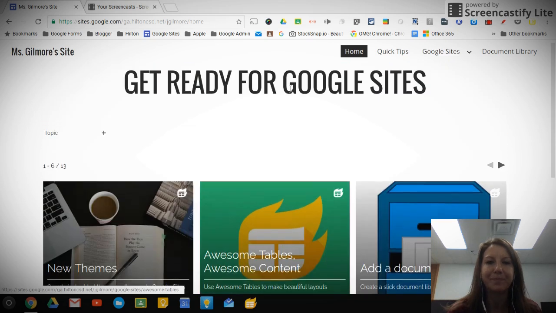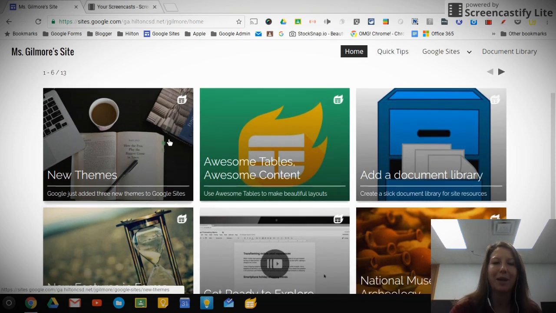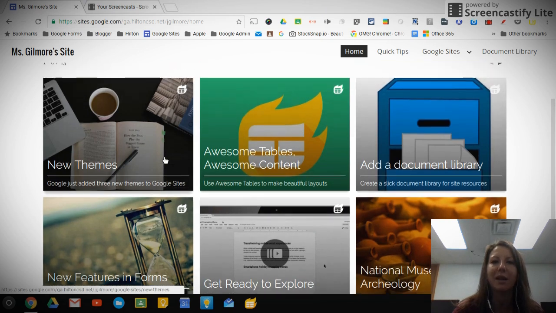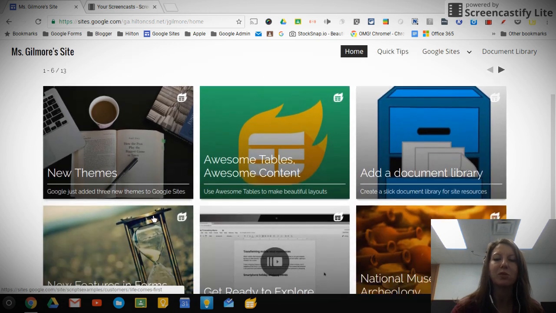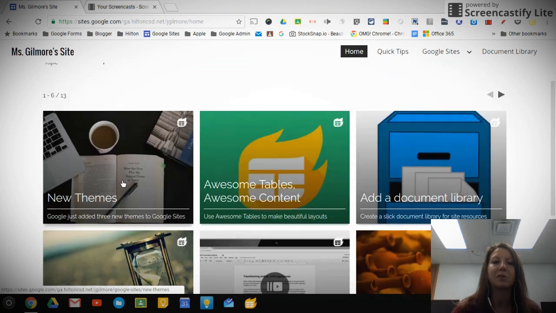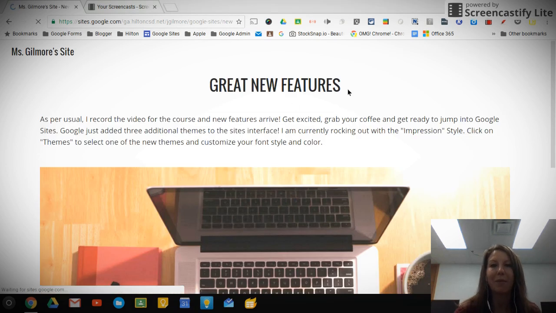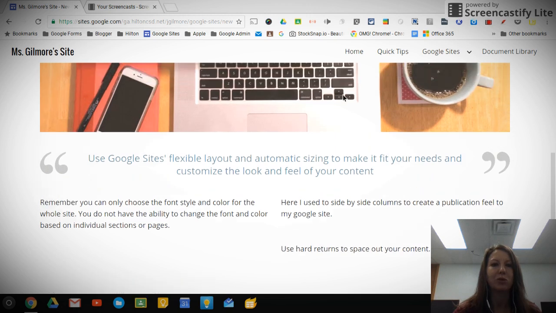So here's a "Get Ready for Google Sites" page. And then I have this awesome table, literally, it's made by Awesome Tables, that has these stories or links to areas of my website or other websites that have beautiful thumbnails and a little description of what it is, almost like a blog style post that I have on my homepage. This was created with a tool called Awesome Tables. So when I click on one of these pages, it's actually taking me to a place on my website for students to read that particular post or article